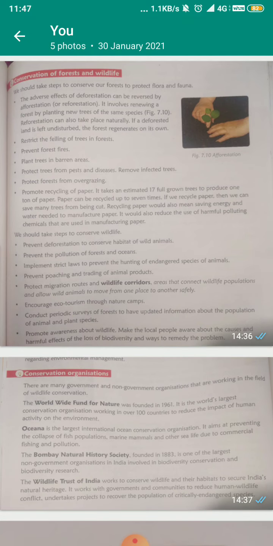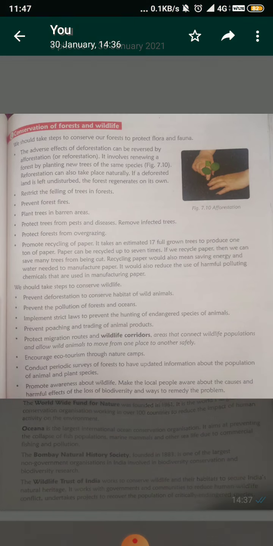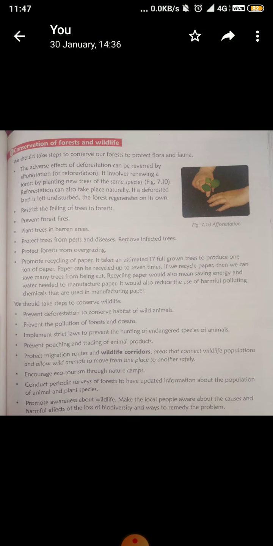So the first step is that the adverse effect of deforestation can be reversed by afforestation. Adverse means the bad effect of deforestation, which can be reversed by afforestation. Do you know the meaning of afforestation? Its meaning is planting more trees, and it involves renewing a forest by planting new trees of the same species,